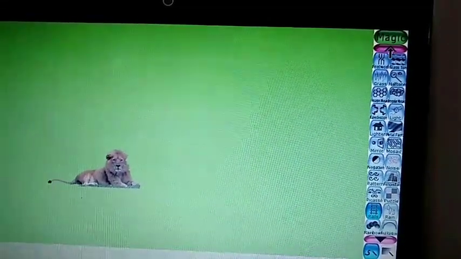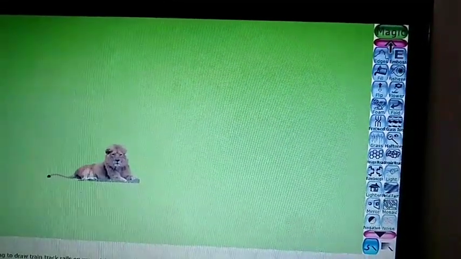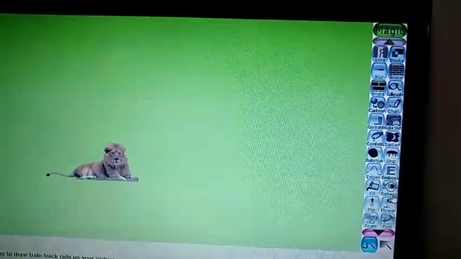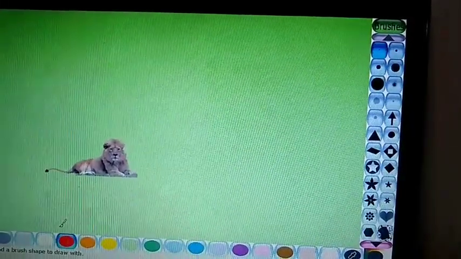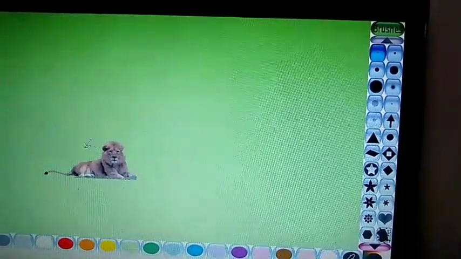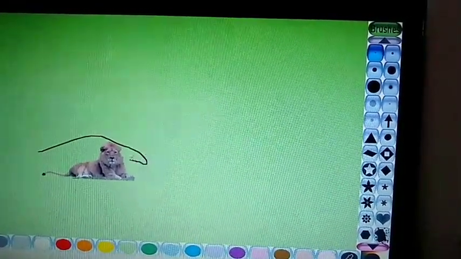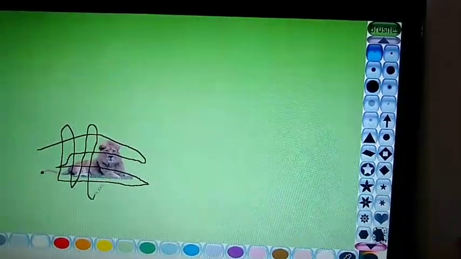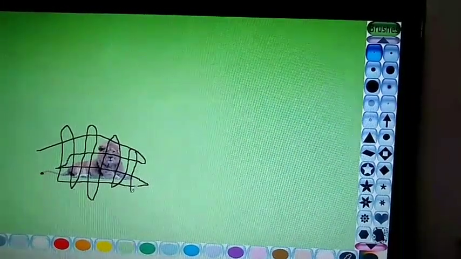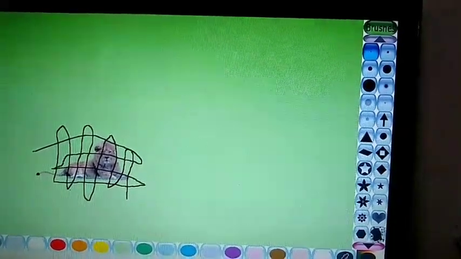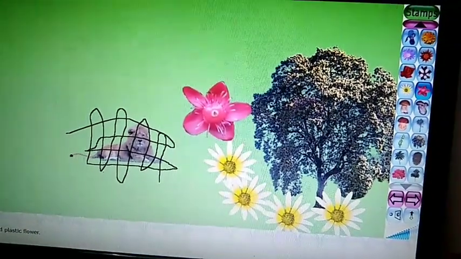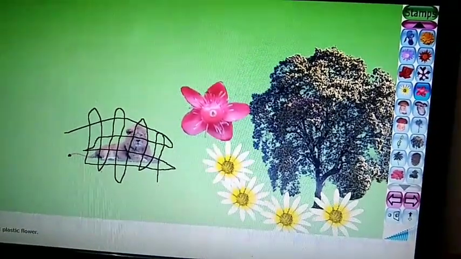Or any net type effect is there that you can apply. Now see, like this is your 4th scene. Now I am saving this also.